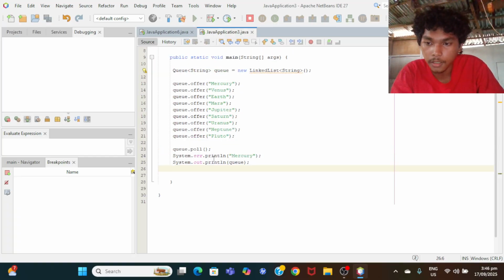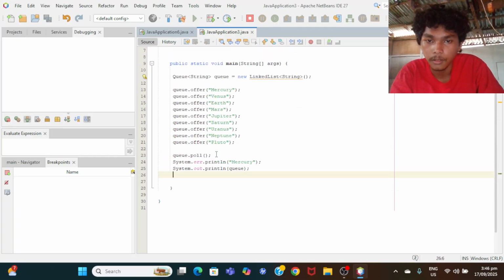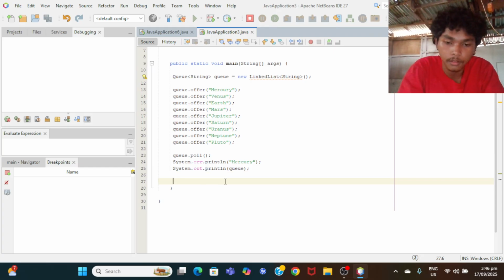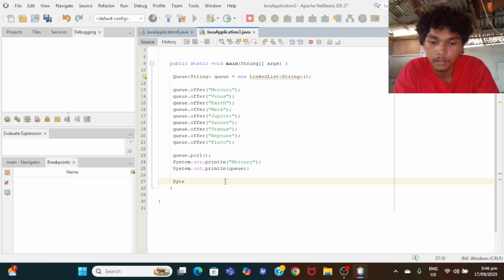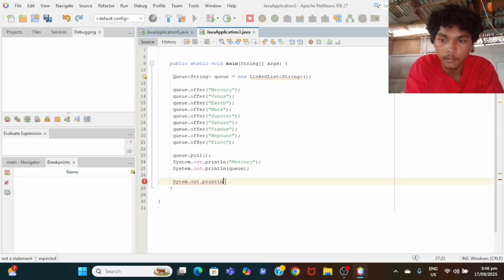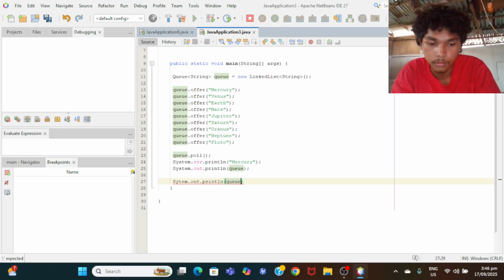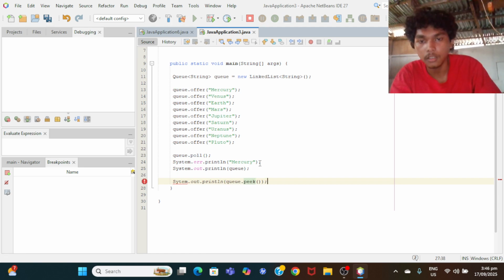So what we're gonna do next is peek, which shows the first element. So let's put it here, System.out.println, q.peek. So that's it. Wait.